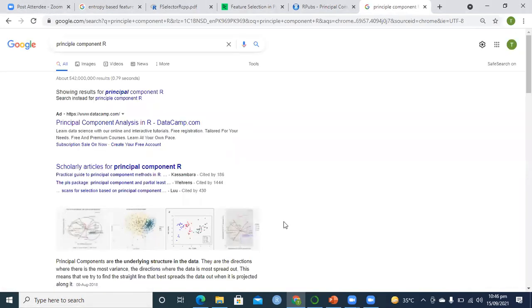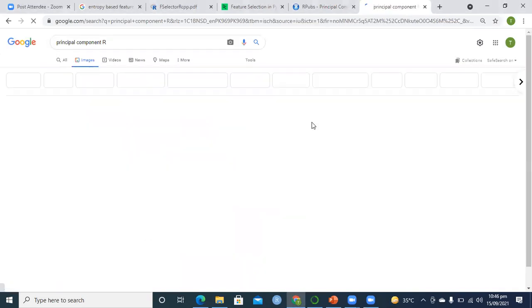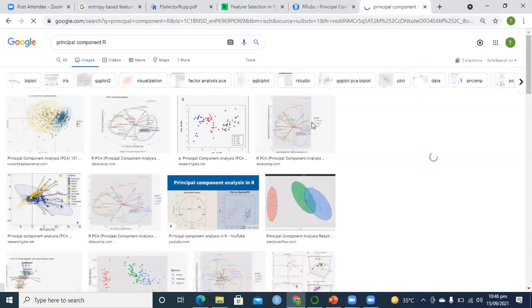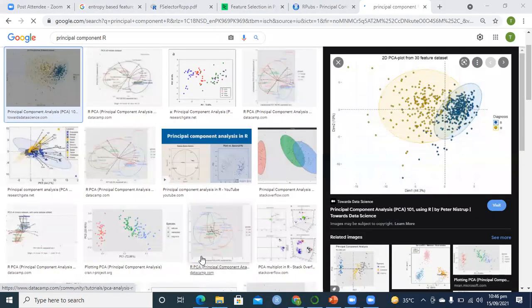Yes, there are many different packages. You must understand the theory first, and then you can apply any of the packages. I was using PrinComp, or something like this. You can see it is showing dimension 1, DIM1, which means principal component 1, and DIM2 is principal component 2, and it is representing the data in a 2-dimension grid.